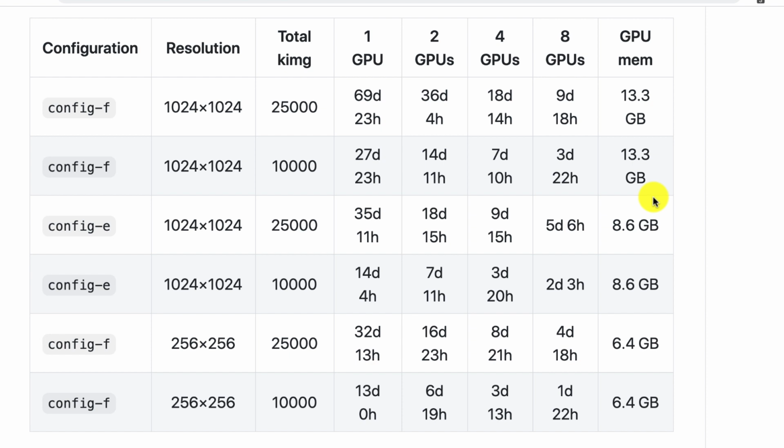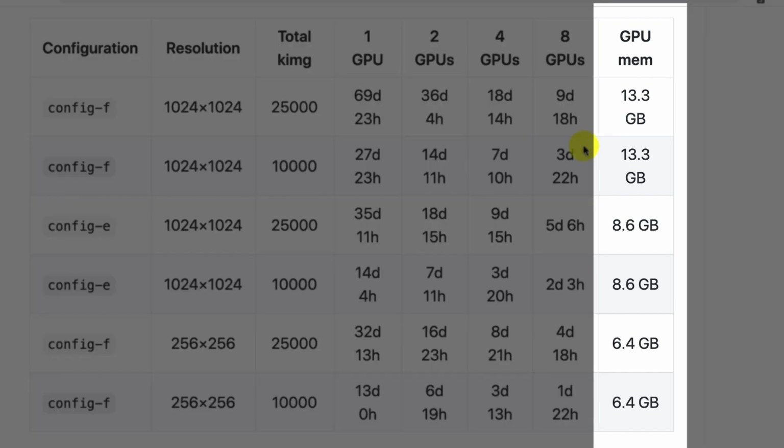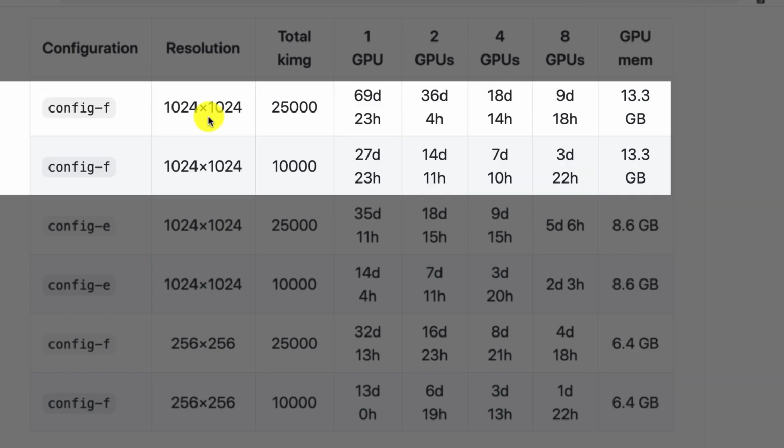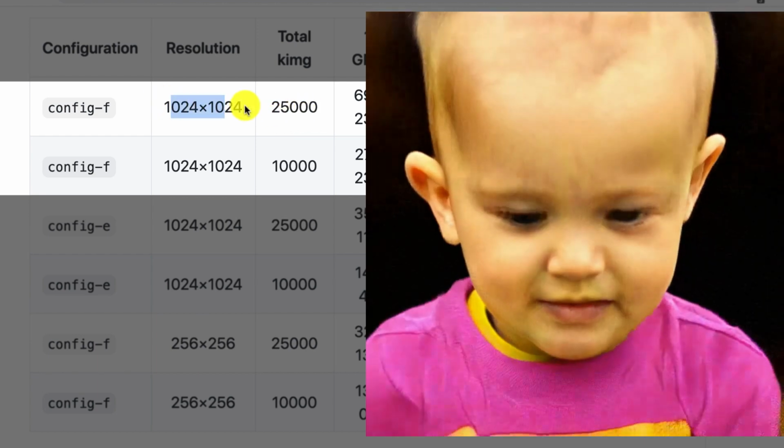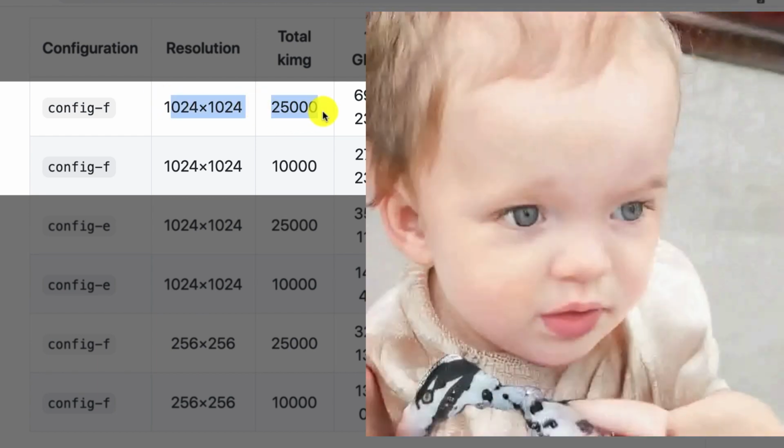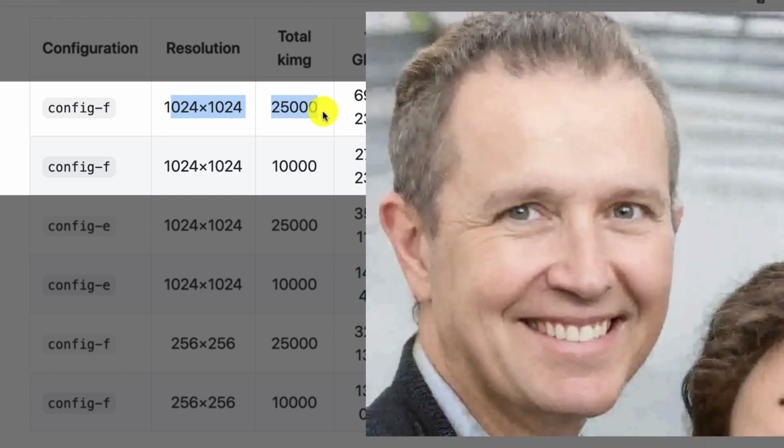So now you can play around with that a bit. You can do simpler neural networks, or you can decrease your batch size, and that might help. But look at this, just using the basic configurations from the paper, you'll see that for a 1024 by 1024 GAN, and that's that nice faces GAN that you've seen, training for 25,000 images. So this is all those nice realistic faces that you see for GANs.